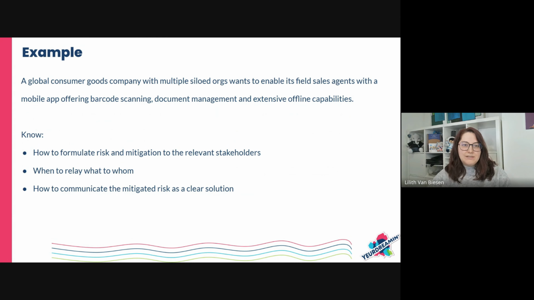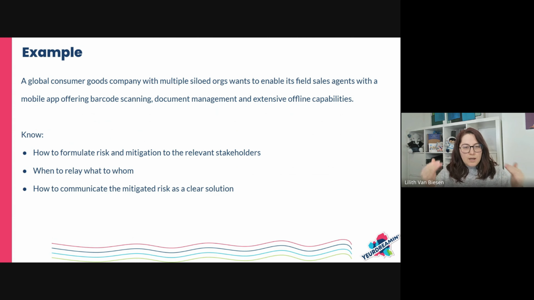When I'm talking to business, I need to come with answers, and I need to also really think about what I want to discuss with them. The technicality of how data survivorship will happen is not relevant to them. However, it might be interesting to discuss which capabilities need to happen offline and which may happen at a later stage, when the system is online again, when the mobile app is within reach of a network again. And how are we going to make sure that this fits within the persona, within the process that this field sales agent needs to follow, or needs to walk through and live through every day?